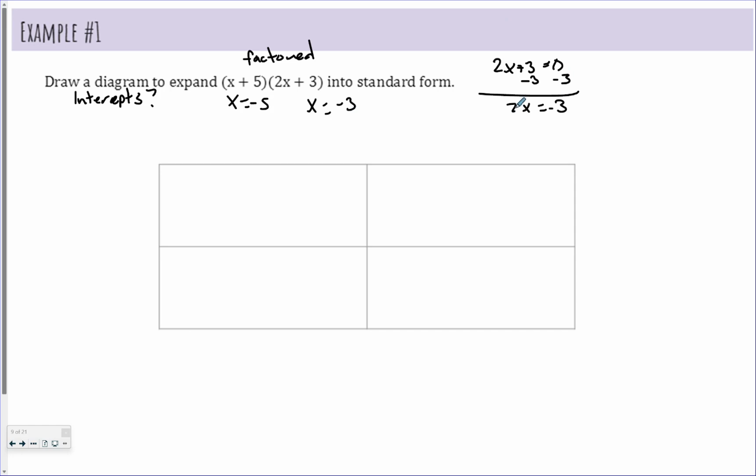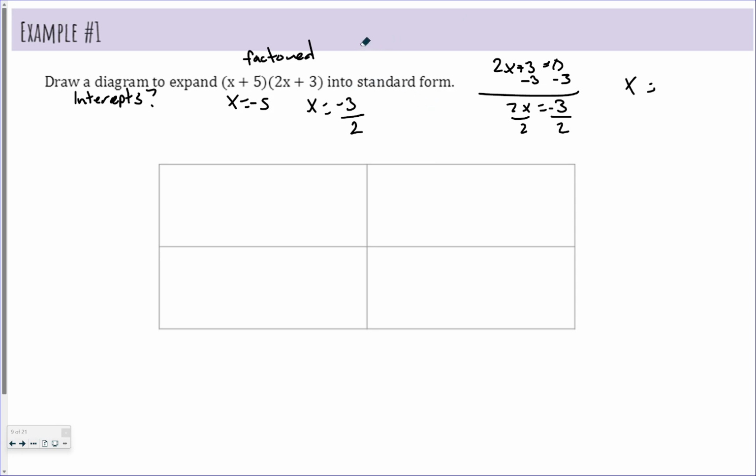But this doesn't solve for x. How do you get rid of the 2? You divide it. And so my x-intercept is negative 3 divided by 2. So think opposite operations here. Negative 3 and then divide by 2, which is the opposite of multiply. Okay, so now that we have that out of the way, I'm going to